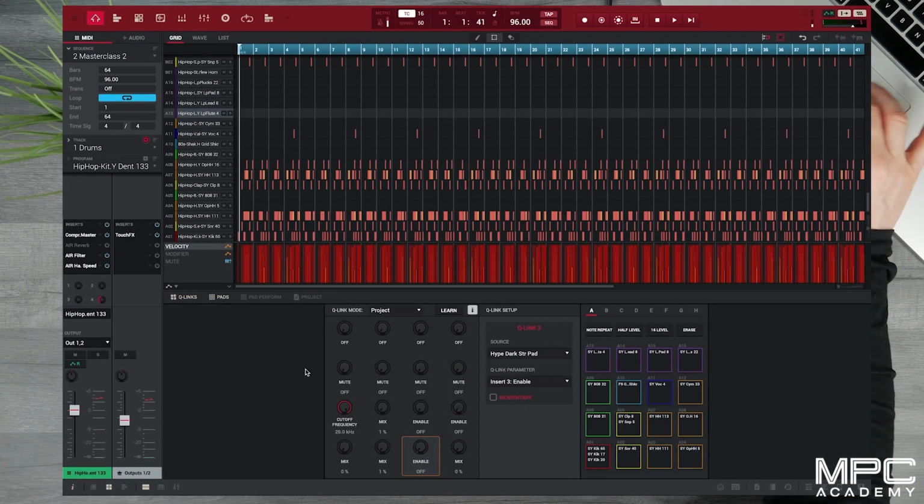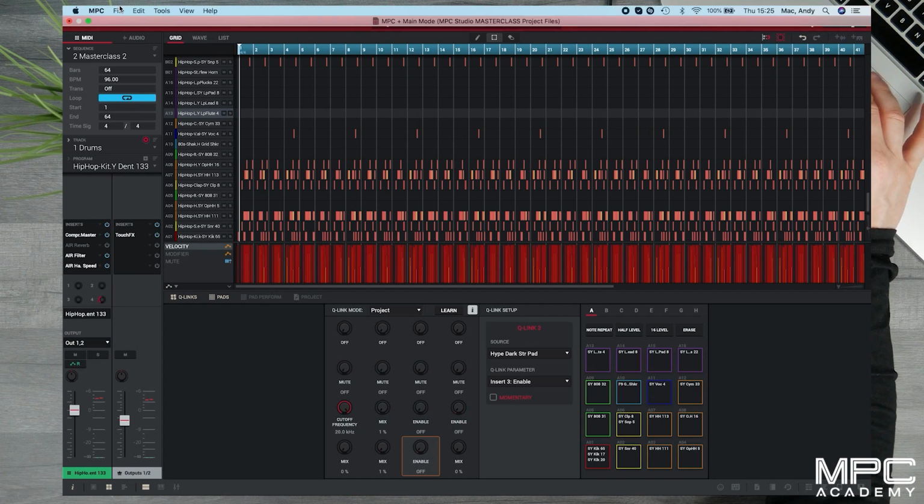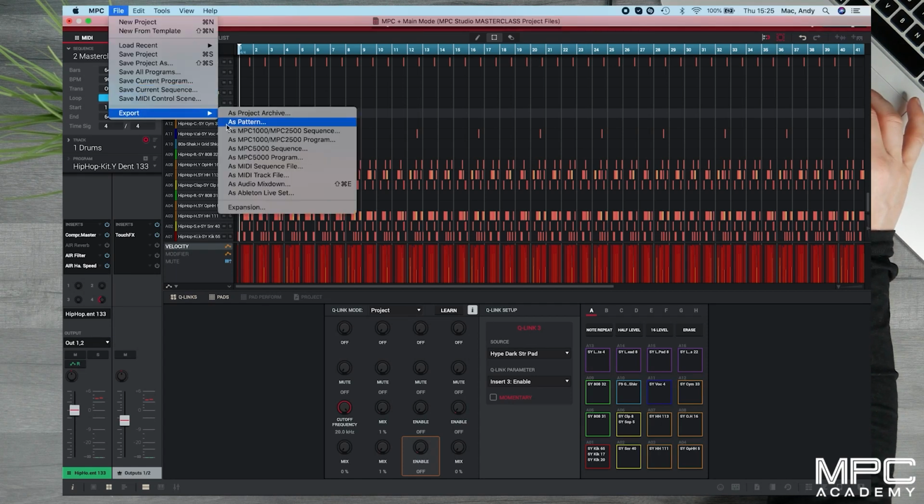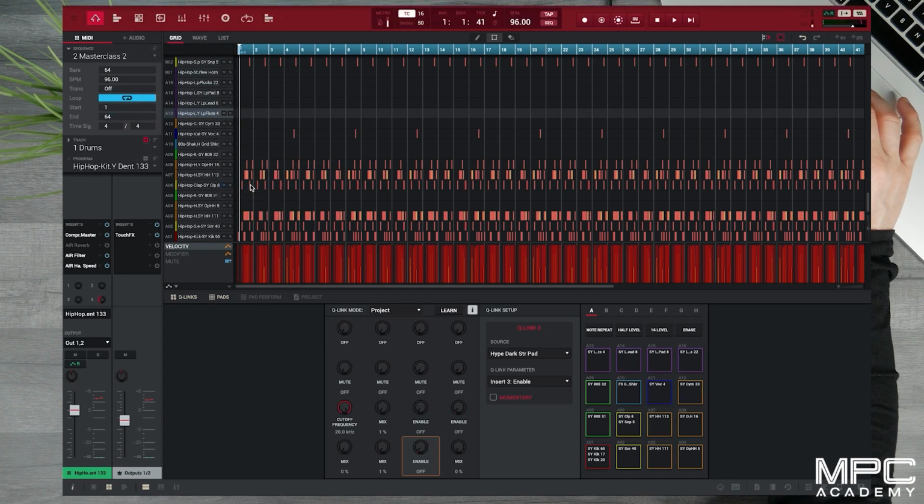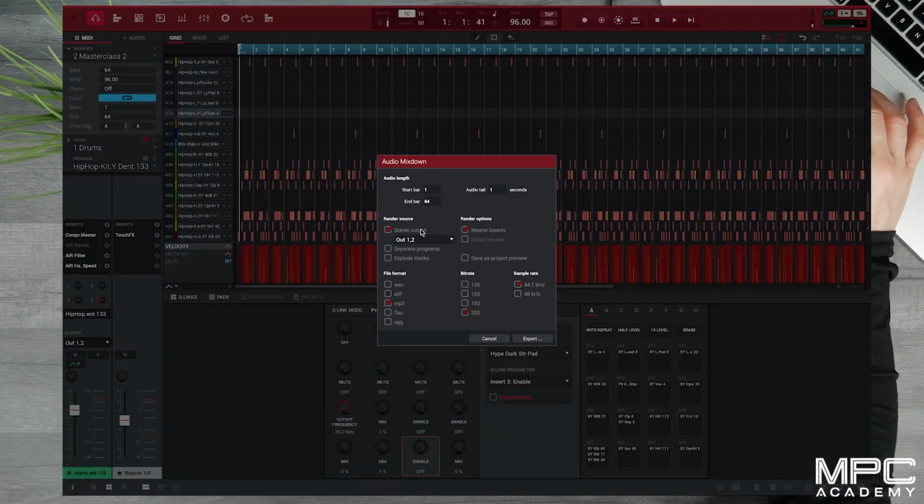Now, within our software, we're going to head up to the File tab. Then under this, we're going to go to Export, and we're going to go down to Audio Mixdown. So here, we can render out our stereo output of our beat. We can include the master effects that we might have on the chain,